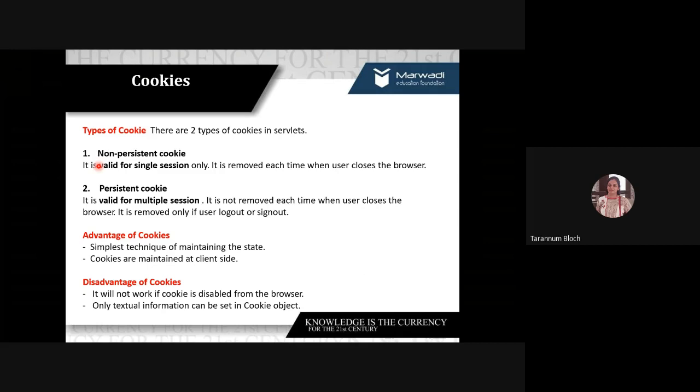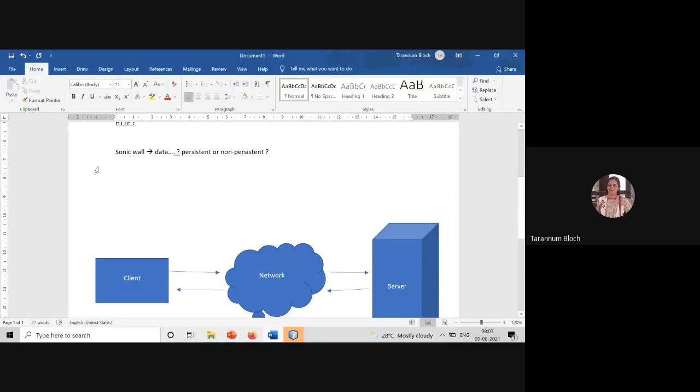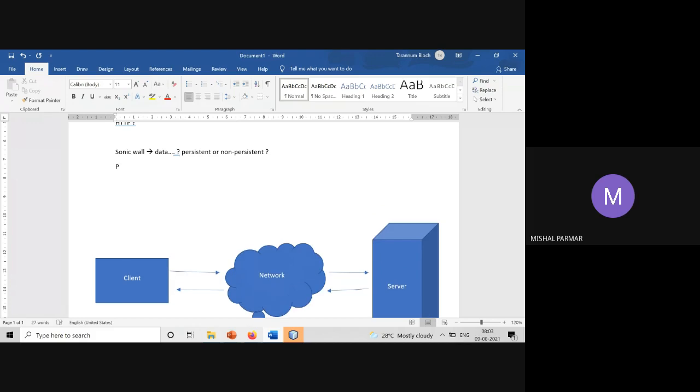Sonic Wall is being used for tracking your identity. So I'm asking why you feel so. To manage the session for multiple users. Sorry? To save this session data for multiple users. Can you elaborate, if you could? I'm not getting your point.